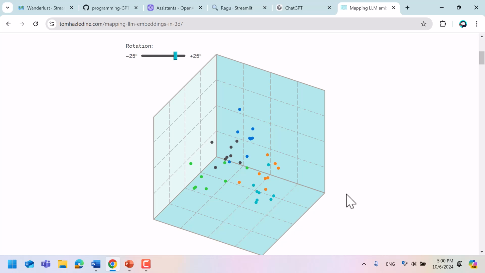And essentially, if you were to ask a question about, let's say, the politics in Star Wars, about Palpatine for instance, like, is he a member of the Republic, then it may end up in this cluster.